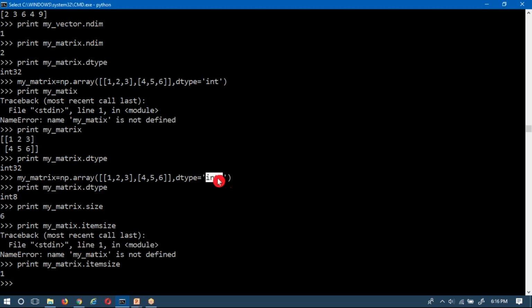Of course, to represent values like 2 3 4 5 6 you could use even fewer than 8 bits, but you are providing integer 8. That means all data in your matrix will be represented with 8 bits. In that, the leftmost bit is for the sign, negative or positive. If it is 0 it is positive, if it is 1 negative. Now that is itemsize.